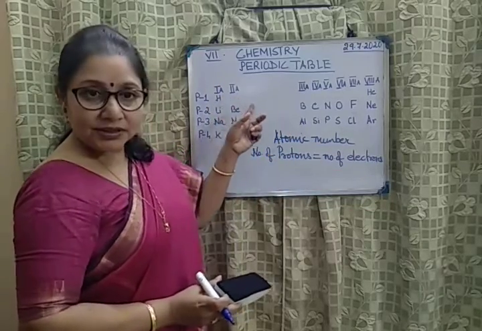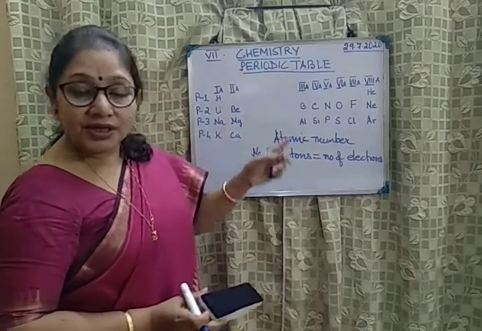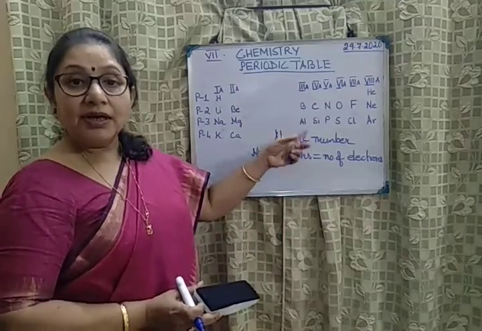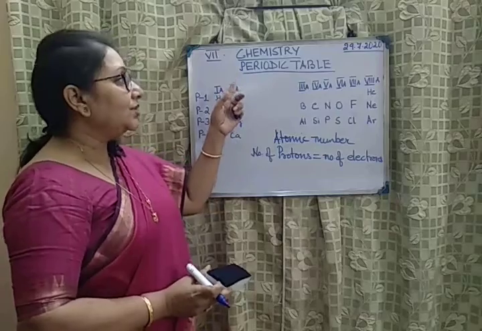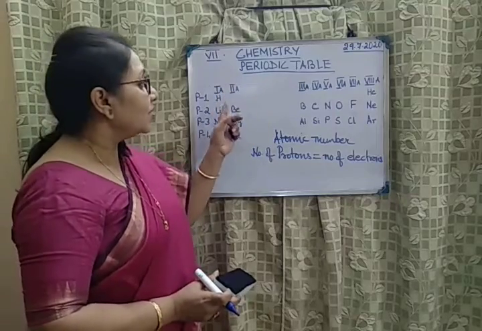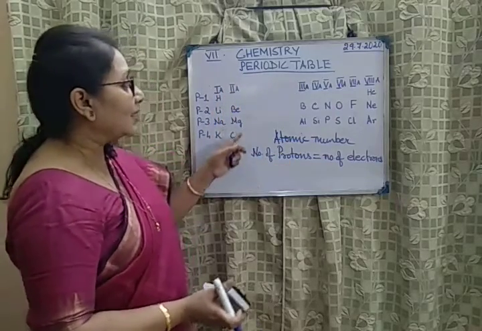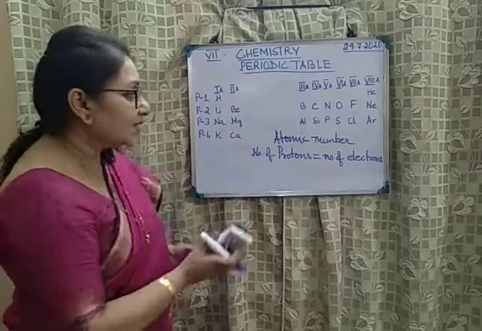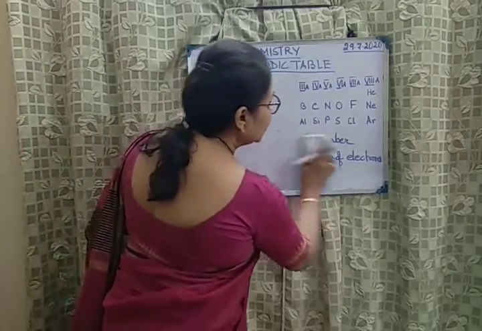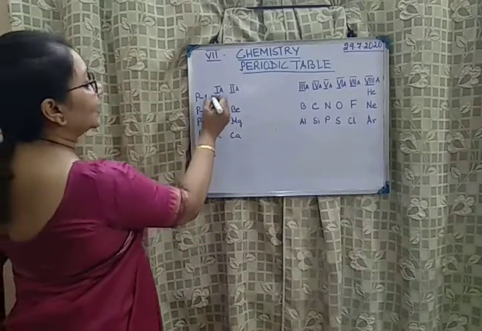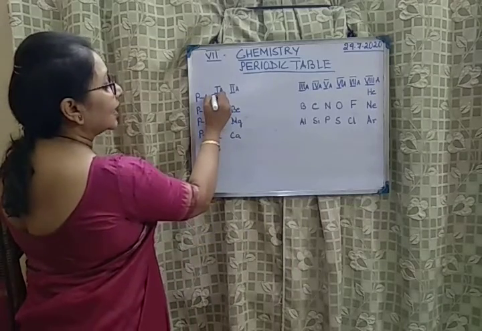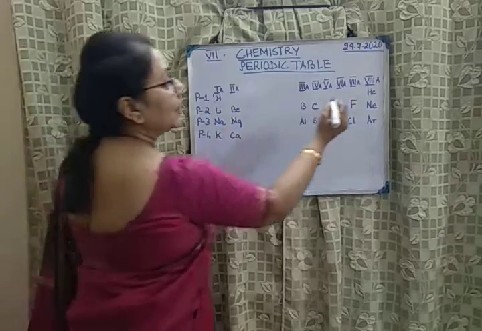Arranging the elements according to the increasing order of atomic number. Increasing means from the lower to the higher. Arranging the elements in the increasing order of atomic number is what the periodic table is about. Hence, you will find that elements are arranged in such a way that hydrogen has atomic number 1, helium has